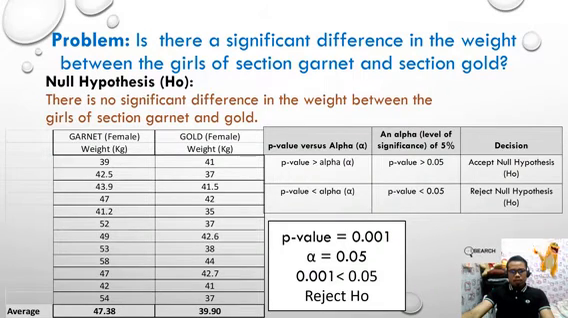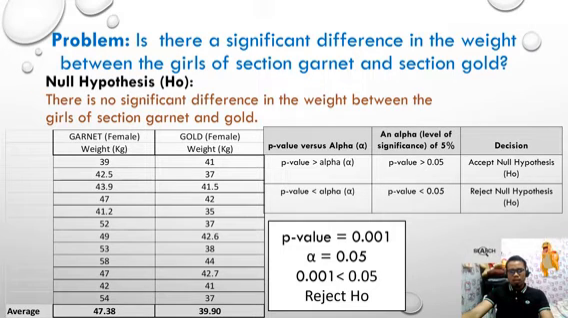Okay, so looking back to the table, if the p-value is greater than 0.05, then we accept the null hypothesis. If the p-value is less than 0.05, then we reject the null hypothesis, H0. Again, our null hypothesis is there is no significant difference in the weight between the girls of section garnet and